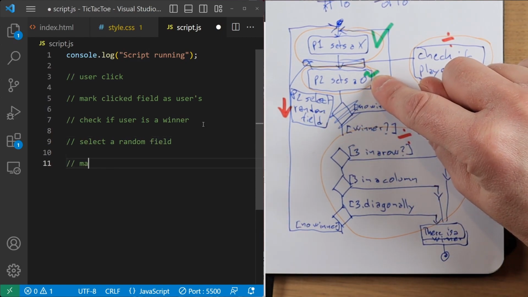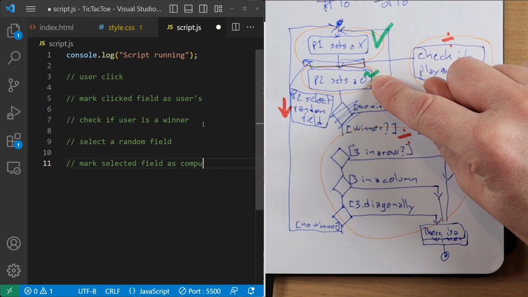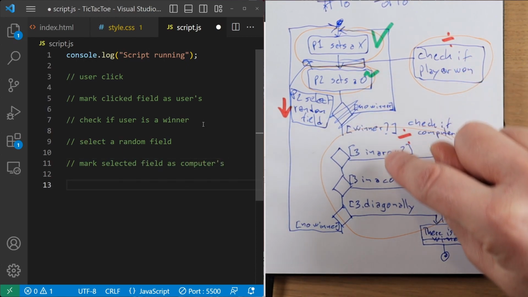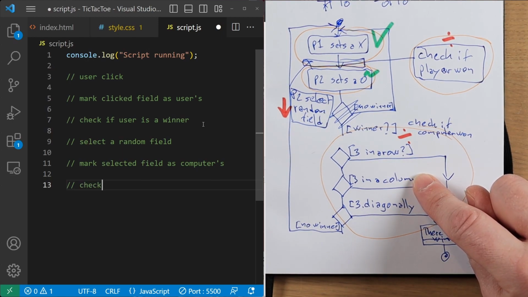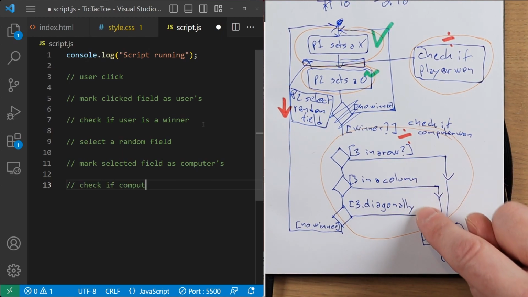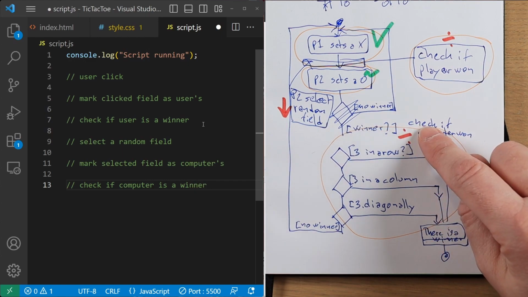After that, we mark selected field as computer's. Then we check if computer is a winner.